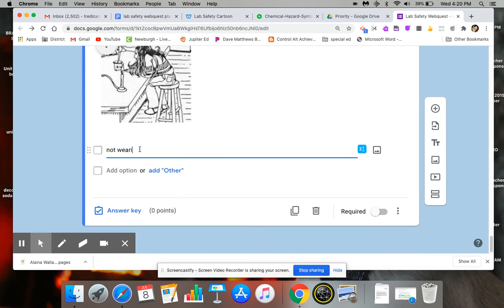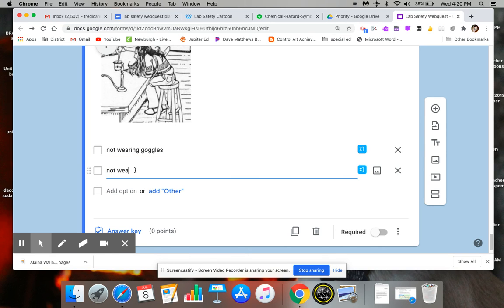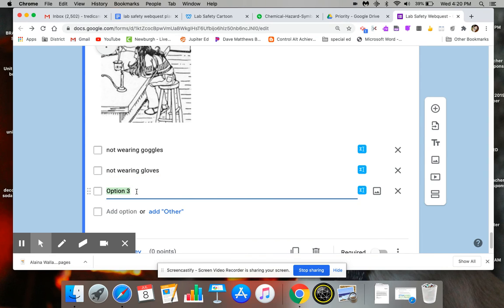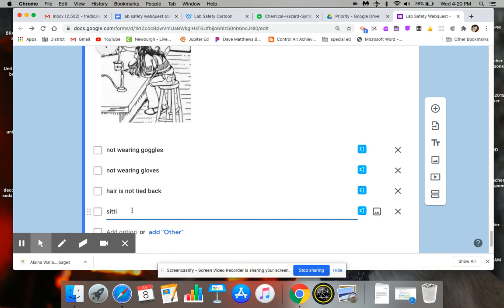Okay, not wearing goggles, not wearing gloves, hair is not tied back, sitting on stool. Okay, so we're going to choose 3 of these